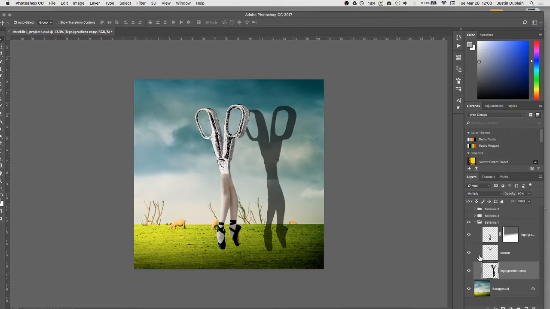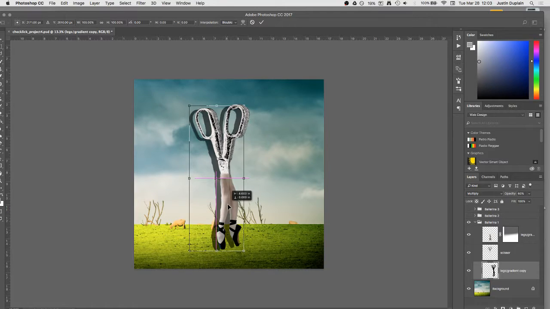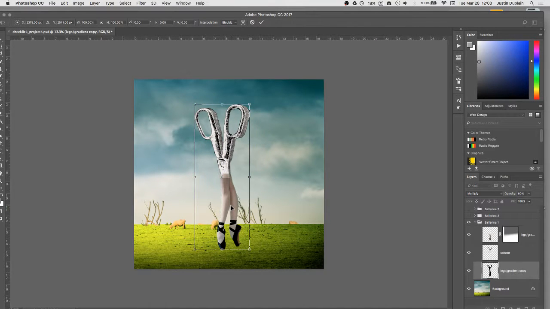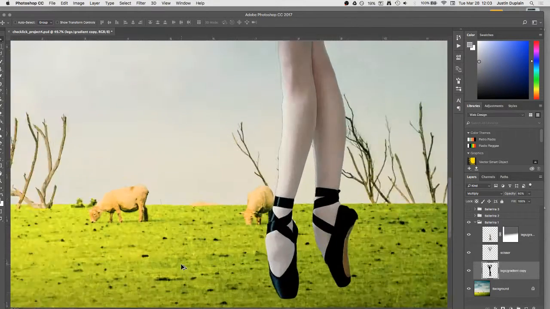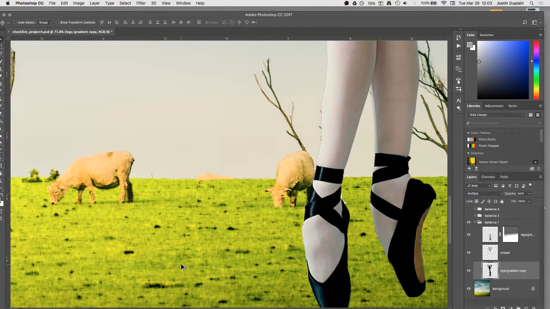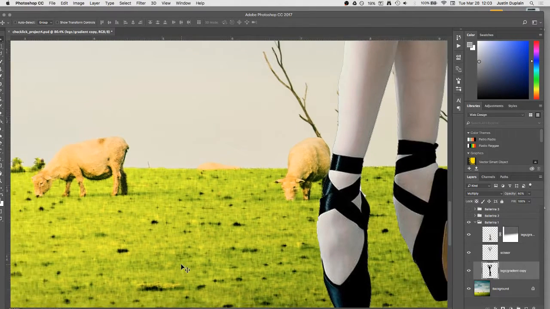Okay, and the next thing I want to do is I want to transform this, and there's a few different ways to transform it. I think that the first thing I'm going to try is the perspective transform. Okay, that may or may not work, but we'll find one that does work, and this all depends on the perspective of your image. And then the other thing to look at is how the light is already working in the image. Okay, so if I kind of zoom in here and take a look at the background, I can